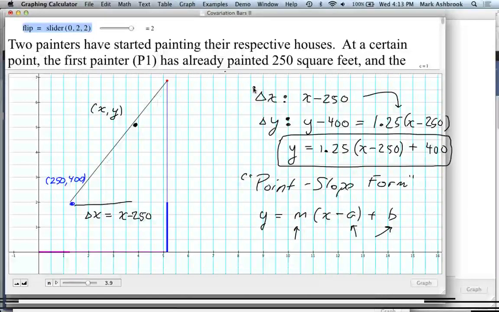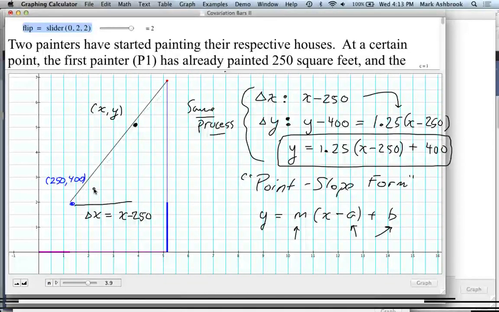Now I want you, in the last 2 minutes, to use the same process. Start over and find how much painter 2 had already painted when painter 1 started. Use the same process to figure out how much painter 2 had painted when painter 1 started and had painted none. Exactly. Start over. You can choose this point or another point, but we got this point up there.